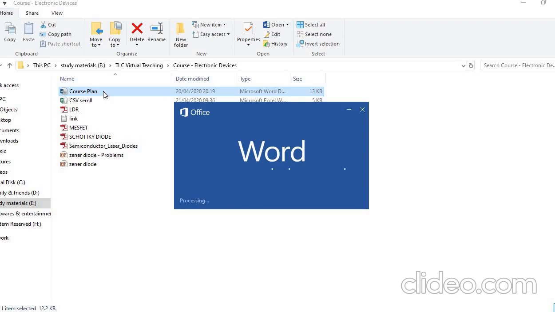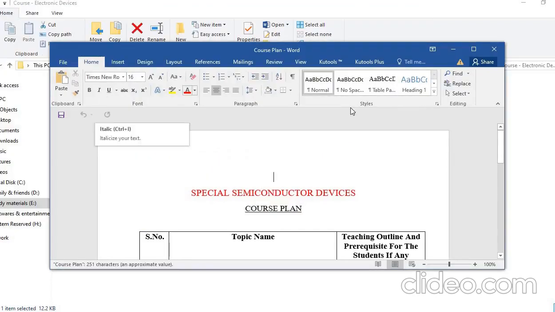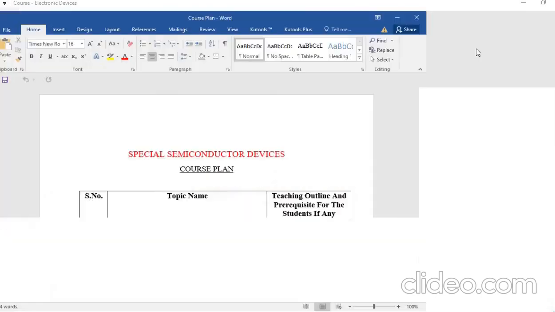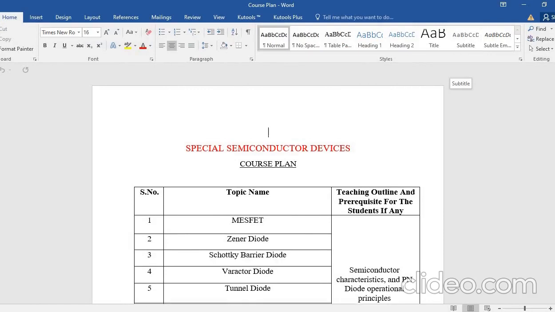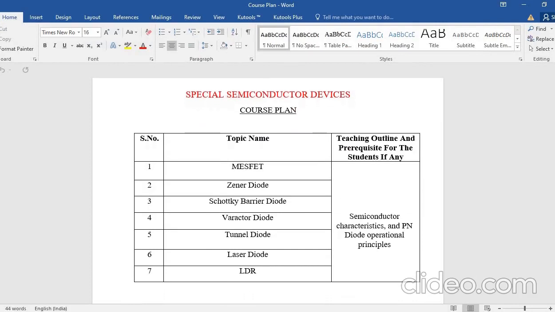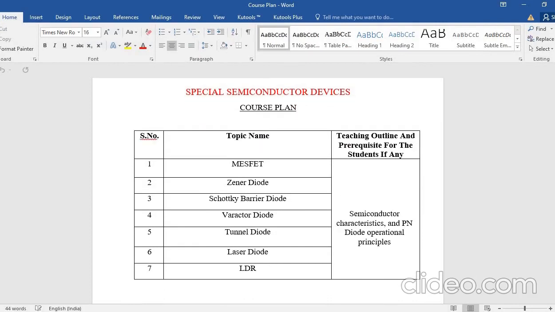In this course plan, I have chosen the course name Special Semiconductor Devices. I have planned this course for 1 week. For that I have taken 3 columns: one is serial number, another one is topic name, another one is teaching outline. These are all the topics which come under this course for a 1 week program.